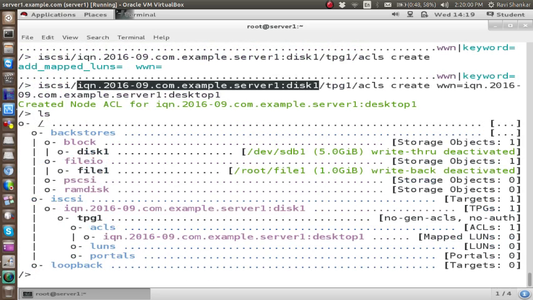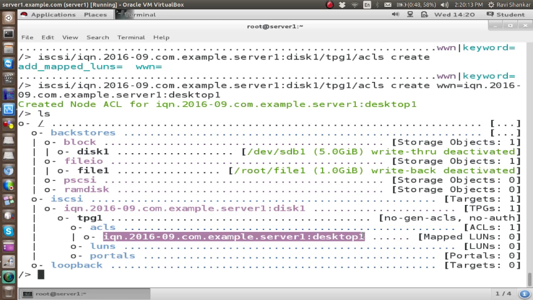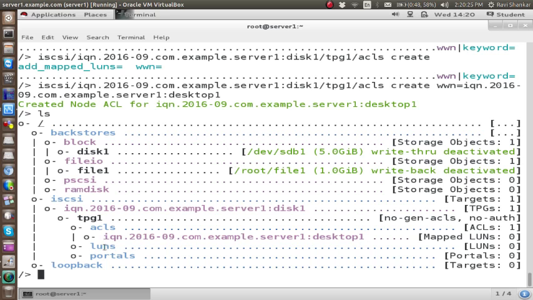ls. So what is it saying? This is a WWN name, worldwide name, and this will be accessed by desktop1. The ACL is going to define which machine will have access to this IQN. Now we haven't attached any LUNs, that is logical unit numbers. So we need to attach a backstore into the LUN. So the command will be backstore,